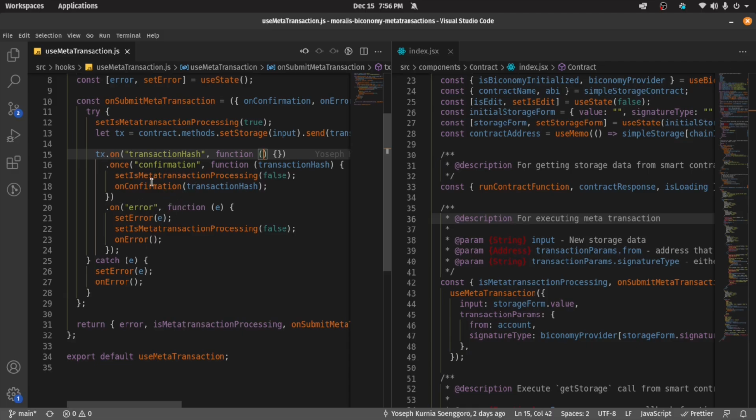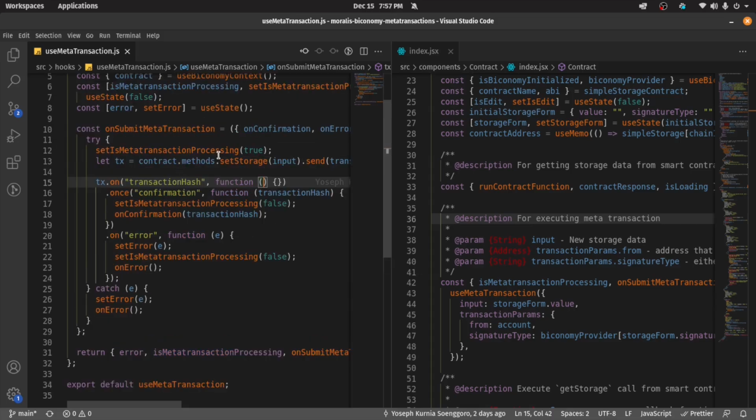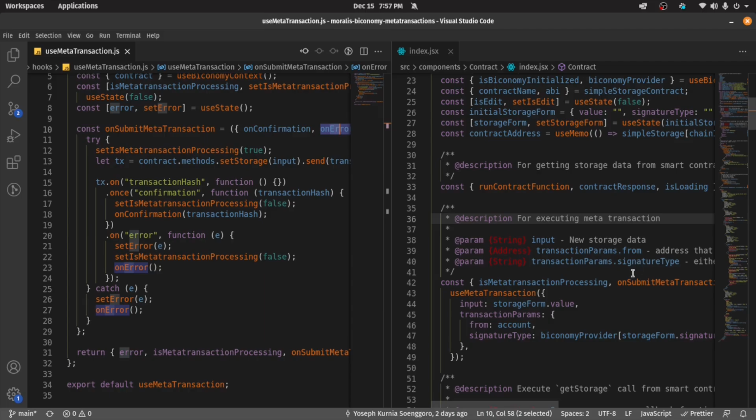And I also set the on confirmation right here to be the transaction hash. This is the callback. Basically, if the meta transaction is successful, it's going to call this callback. If there's an error, it's going to call the on error callback right here, both in here and here. So yeah, just like that, really simple. Then people can use this to indicate whether the transaction is still loading or not, and this one to call the